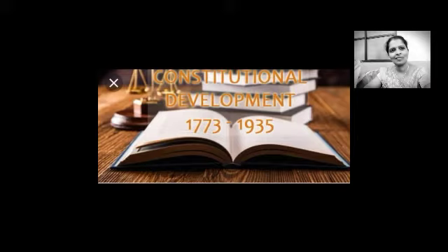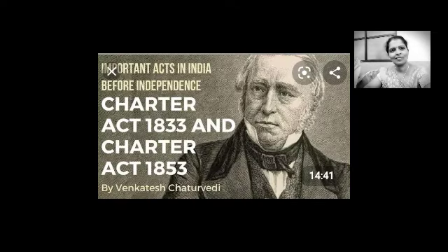There were many inconsistencies in the Regulating Act of 1773. In order to rectify them and also to clearly outline the powers of the East India Company, the British government introduced Pitt's India Act. A new institution named the Board of Controllers, consisting of 6 commissioners, was started. The Board of Controllers replaced the Board of Directors. This board had power to direct the control and issues in the place of the Board of Directors. Next one is